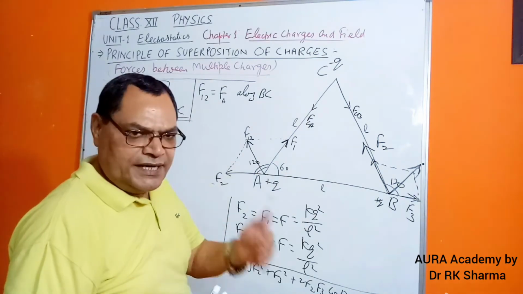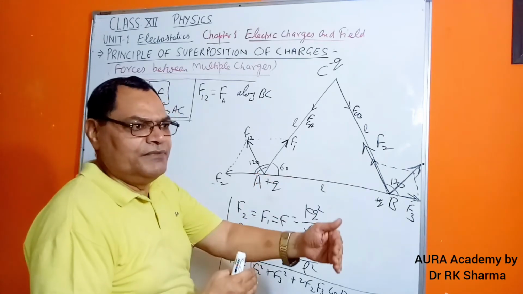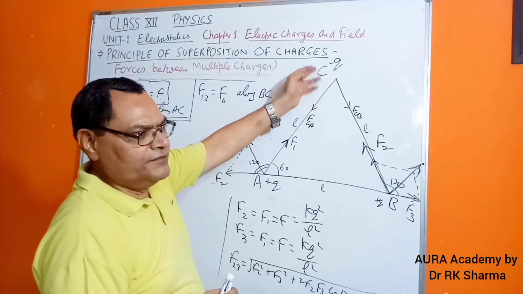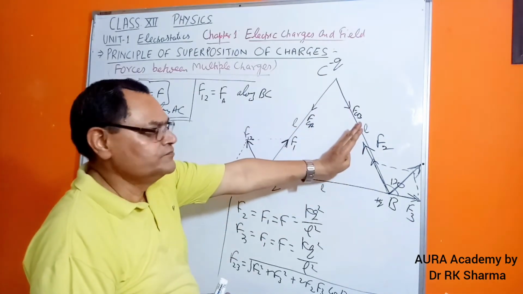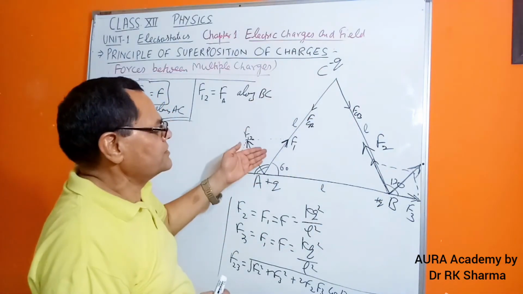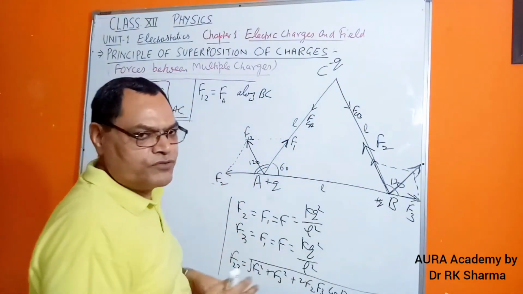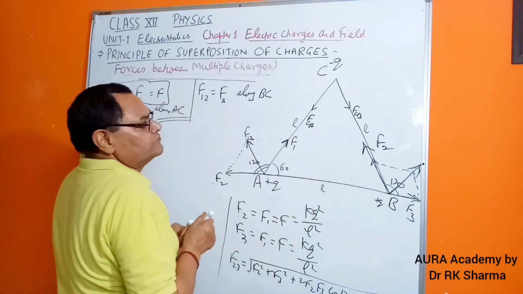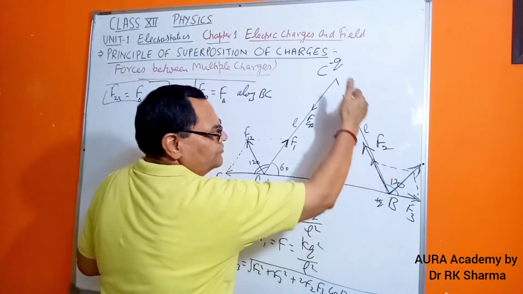Am I making sense? We are basically using the very laid down fundamental, that the point charge where force is being calculated will be attracted or repelled. Now we see the minus and plus, force of attraction, so obviously it is being attracted this way, so that's why we need to show the direction this way. Similarly, minus q plus q, force of attraction, again it should be attracted this way, so that is the reason I have indicated the direction this way. It is not the idea that we can indicate the direction in any direction.